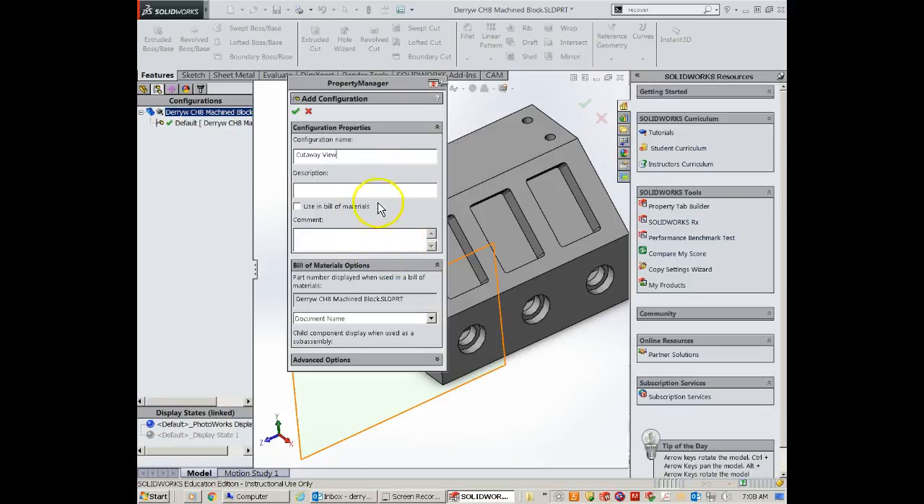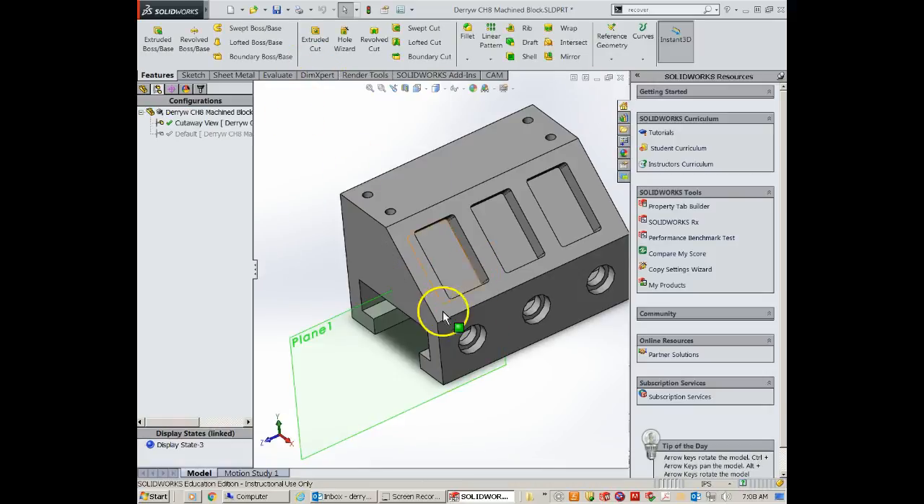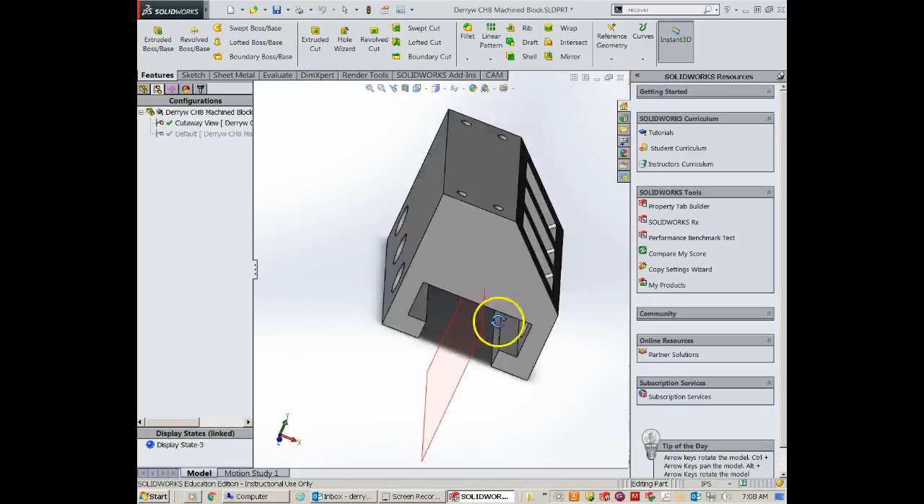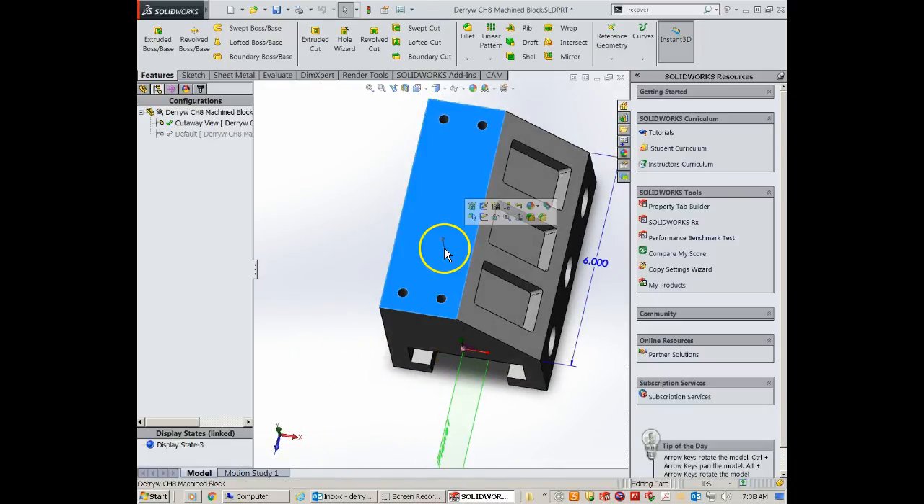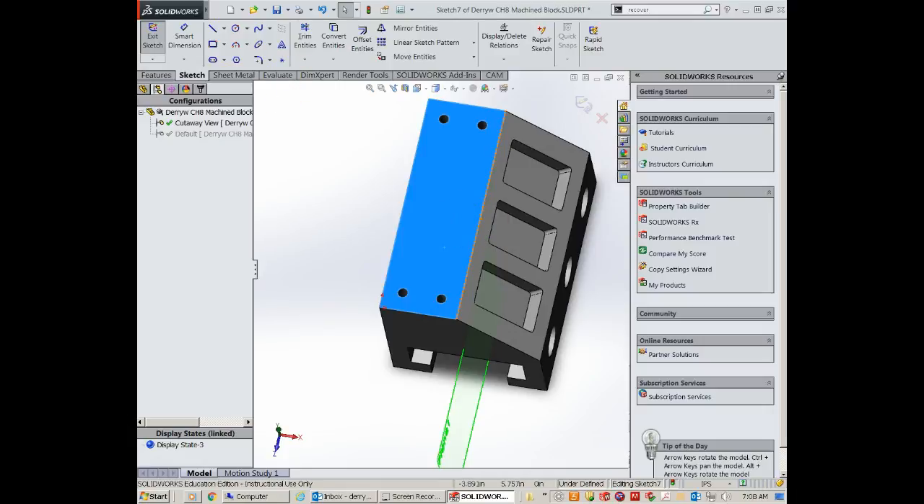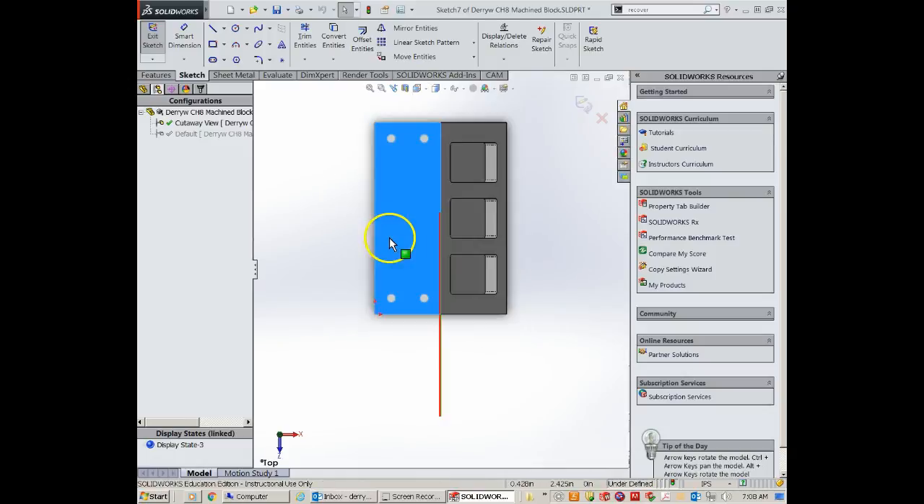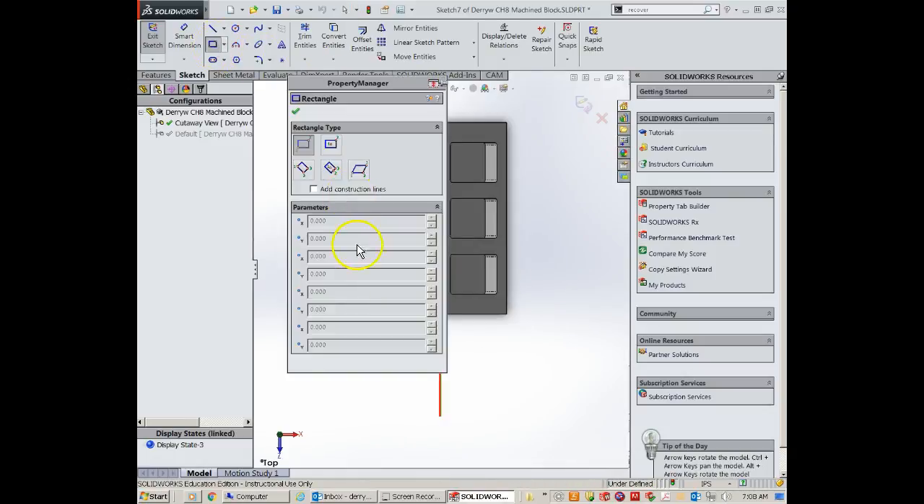We can add some additional comments if we needed to, but author's not asking us to do that. We're going to go ahead and select that. Now we've activated this view. We're going to create a new sketch on this surface, and I'm going to go normal to that surface,